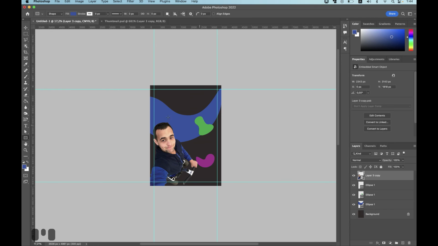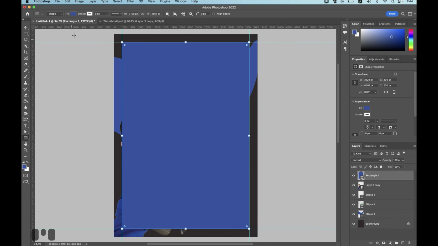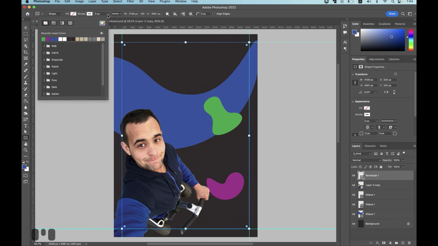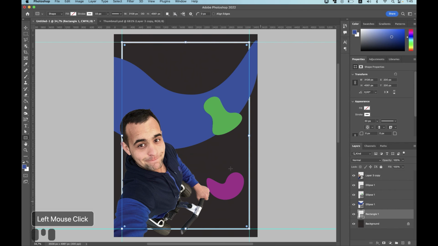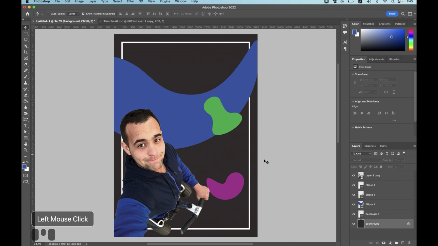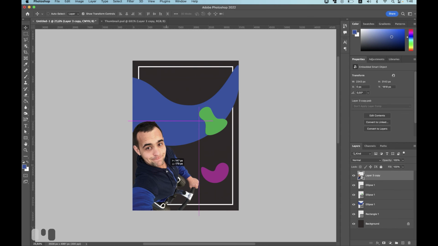We need them to insert the frame evenly. We just grab our rectangle tool and just make it really accurate. And our guidelines are helping us. So we don't need a fill. We just make it transparent. And we need to add a stroke as, for instance, 33. Let's move it to the background. And now we can delete our guidelines. Clear guides. Okay, let's just check it. Pretty good.